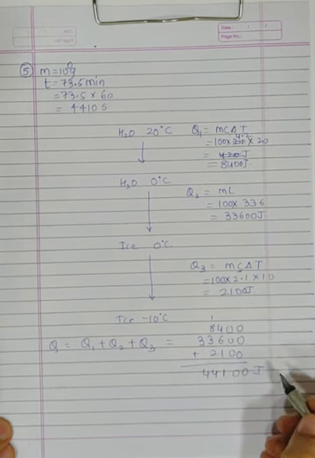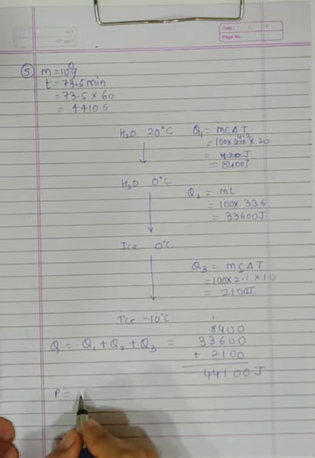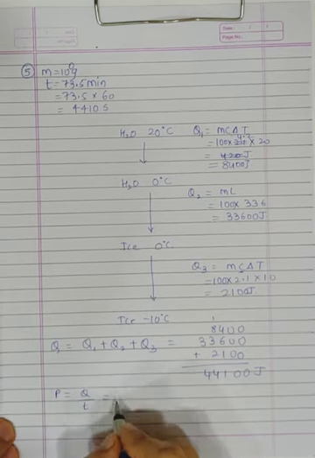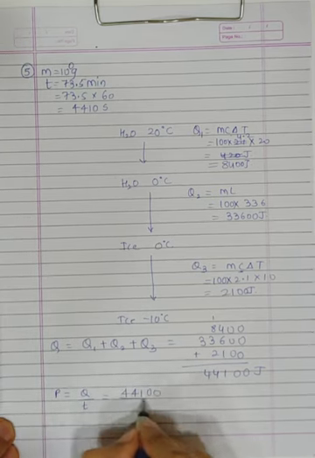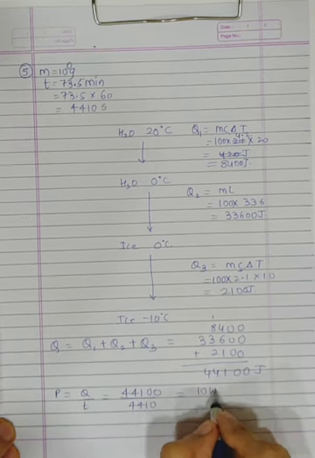Now what are they asking us in the question? That is another catch. Calculate the average rate of heat extraction in watt. So first of all, what do you mean by rate of heat? Meaning rate of energy, rate of work. That means what? Power. So you have to make out that you are asked to find power. There are two ways. You could make out from that rate of heat, or you can make out from the unit watt. Watt is the unit of power. So power is equal to heat upon time. Heat is 44100, time is 4410, so it will be 10 watt. That is the answer.